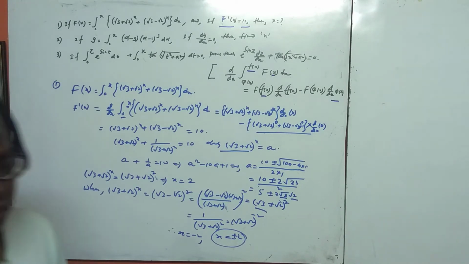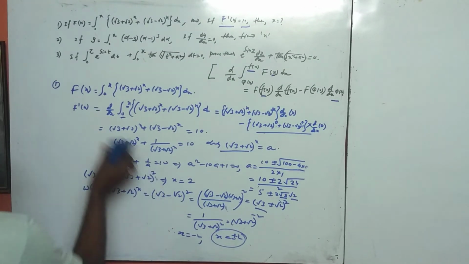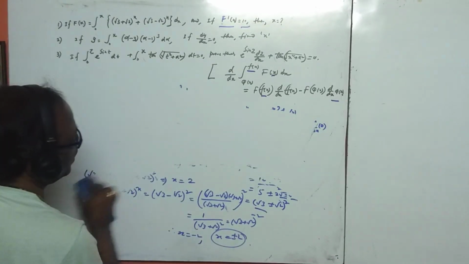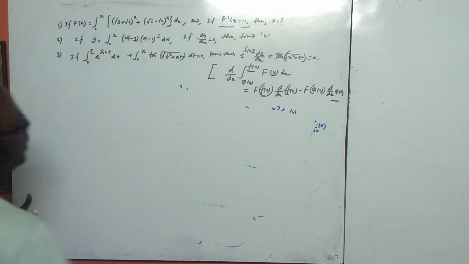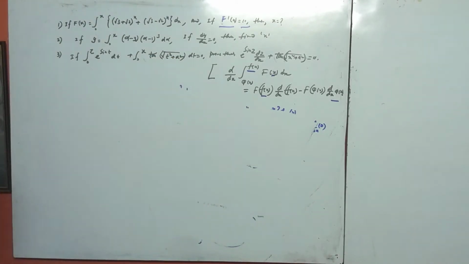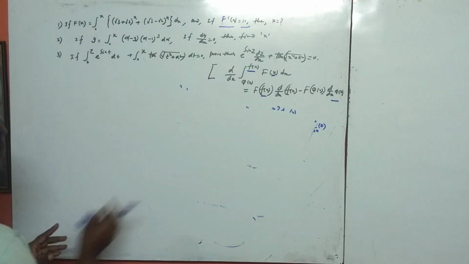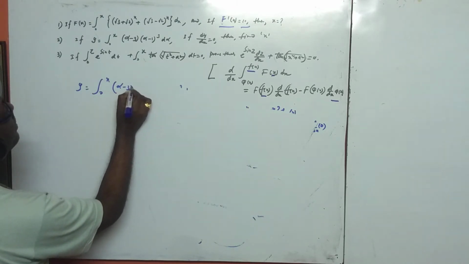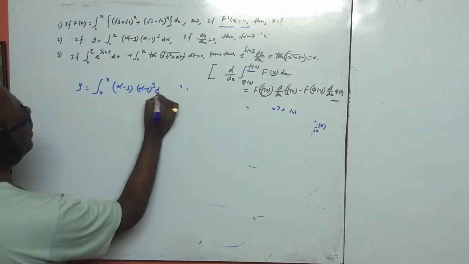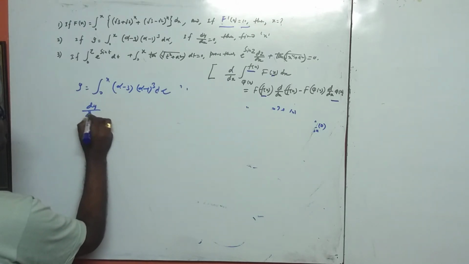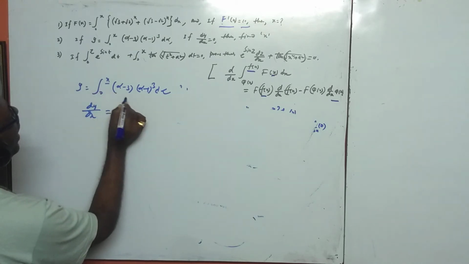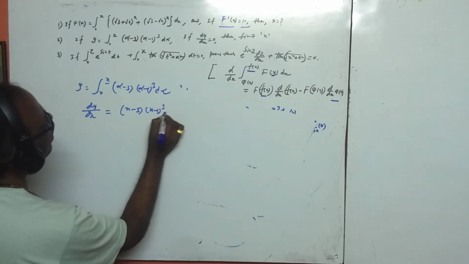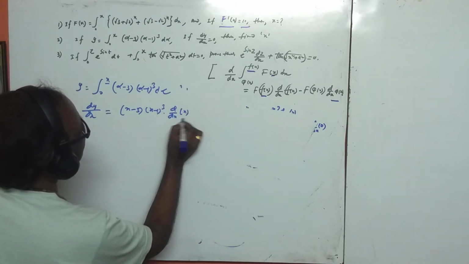So again, see question number 2. This is also a very important point. Now find the value of x here for question number 2. Same as we apply the rules. See, it is given dy by dx here, so not needed to integrate. So apply the rules. Now let y equal to the integral from 0 to x of (alpha minus 3) and (alpha minus 1) whole cube d alpha. Differentiate dy dx, and that is equal to, we put x in place of alpha, that is (x minus 3), (x minus 1) whole cube, and that is d/dx of x here, that is 1.